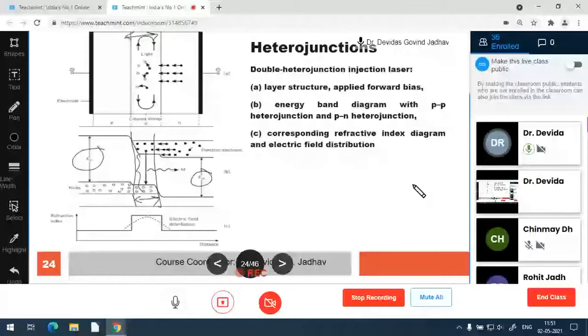So free charge particles only are allowed in the active region, and the photons generated are confined by this optical fiber structure by making the optical active region's refractive index higher than the neighboring regions, and that makes the optical fiber structure. So photons are very much confined and allowed only in the active region. So photons are available in large number in the active region within a very thin area. So that increases the concentration of photons, and that increases the possibility of further interaction